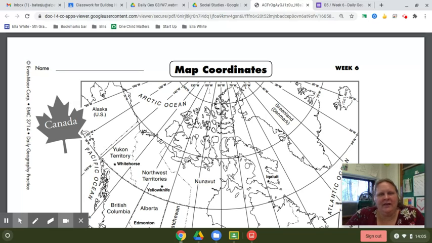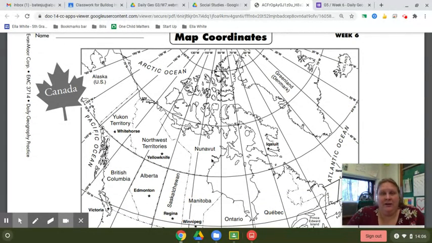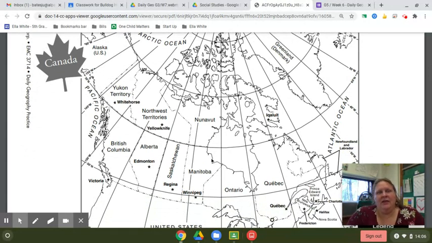You'll notice on this map that the degrees are 10 apart. So between this line of longitude and this line of longitude, I have 100 degrees west because it's west of the prime meridian, and 110 degrees west of the prime meridian. So that's a 10-degree difference. Now, on this map, there are 3 territories, and they are the Yukon Territory, the